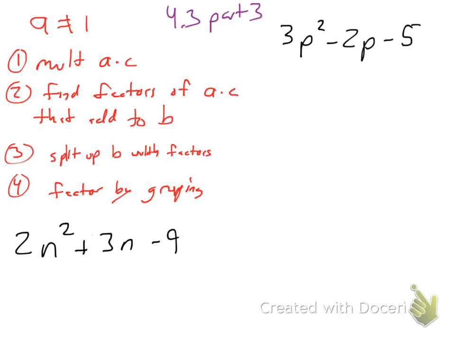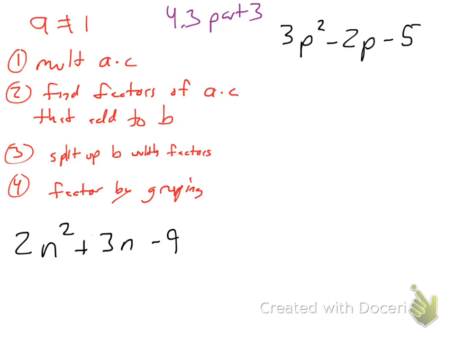And so the steps are multiply A times C. So in this case 3 times 5. You find the factors of those A times C that add up to that middle term B. We're going to split up B because if you think about it, if you have, say, 15